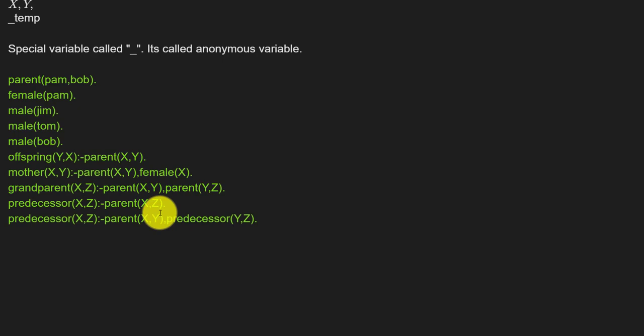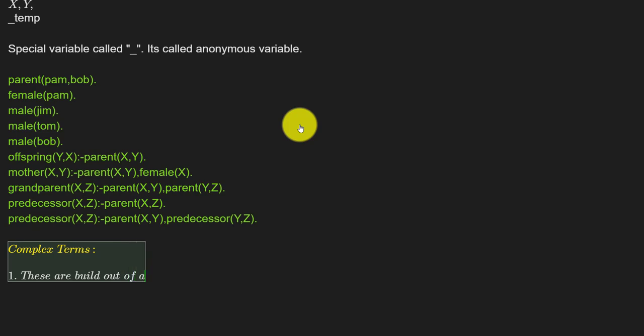Okay, complex terms. Complex terms are built out of a functor. So these things are called functor. If I just name it as functor over here, and after the functor, we need to have normal or ordinary parenthesis,